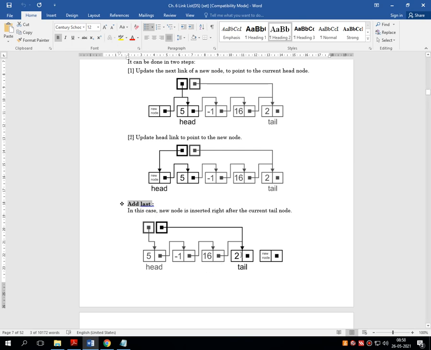Once we find the null, it is considered the last node. After that, the new node is added, null is transferred into the information part of the new node, and the previous node makes a reference with the new node, which automatically adds the new node at the last position.